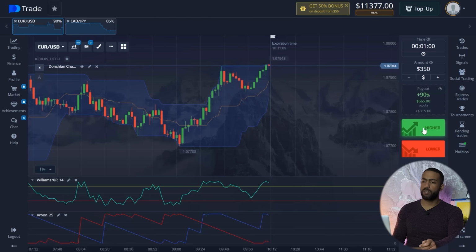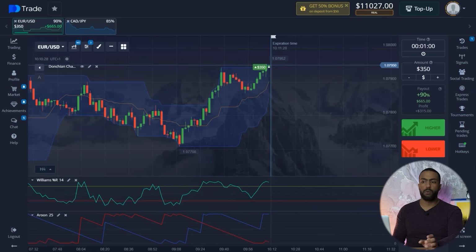Now I'm gonna open an Uptrade for $350 for 1 minute, and the situation here is not simple. But I noticed that the previous candle broke through the resistance level and did not even pull back down. Therefore, I assume that the growth can be continued, and the data from the Aroon, where the blue line was near the level of 100 and the red line was about the level of 0, and based on this situation, I made an Uptrade, and we will soon find out whether I'm right or not. But now let's continue our topic, okay?